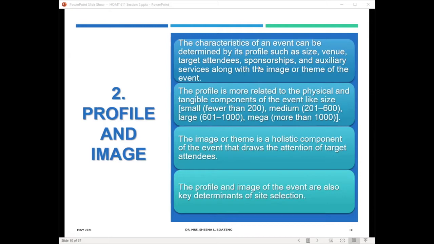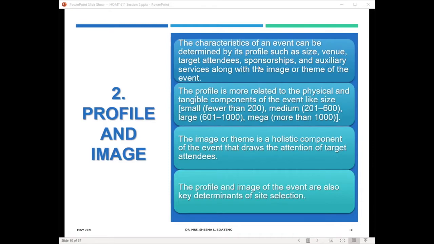And you can use a similar criterion to classify events based on image. For instance, using the kind of attendees, you can classify particular events in terms of the kind of image that the event is projecting, or their theme. For instance, if we have the president of Ghana attending a particular event, the image or theme of the event will be that of a high-profile national event, isn't it? Yes. Good. Because the first man of the land will be there. It cannot compare to an office party